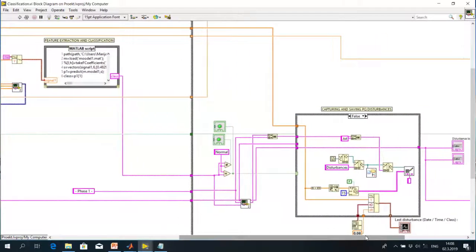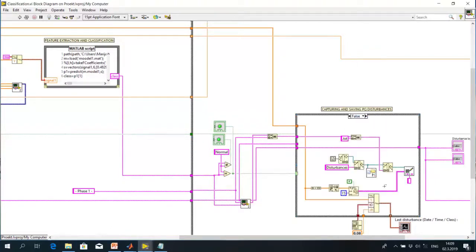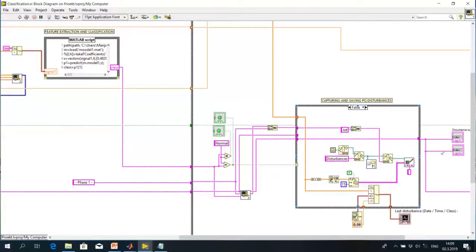If the comparison is true, then there is no action, just returning back for the next signal. And if the comparison is false, then the disturbed signal is saved for additional analysis, captured on the front panel,